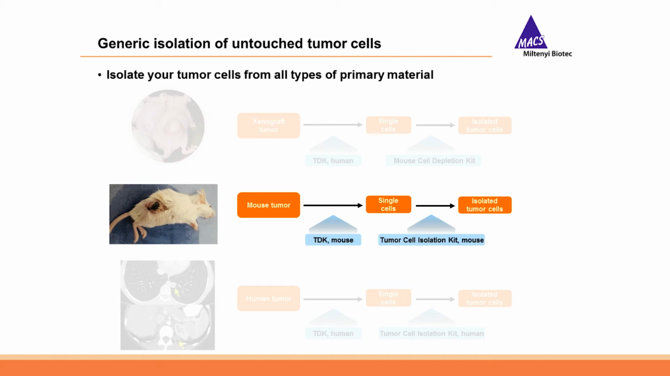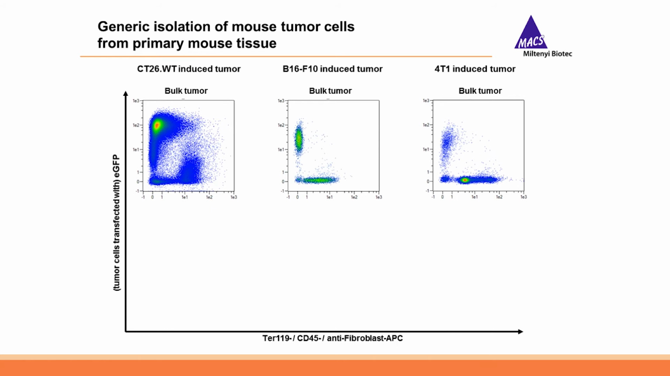So next, I want to discuss the isolation of mouse tumor cells from primary mouse tumors. And the principle, as I mentioned, is completely the same. However, here the challenge is more that it's, of course, harder to find suitable markers because here you cannot use species-specific antibodies. Your target cells are mouse and also your contaminating cells are mouse. But again, we were able to